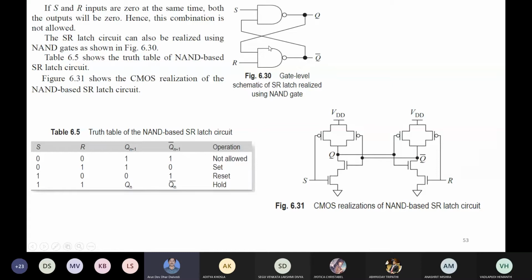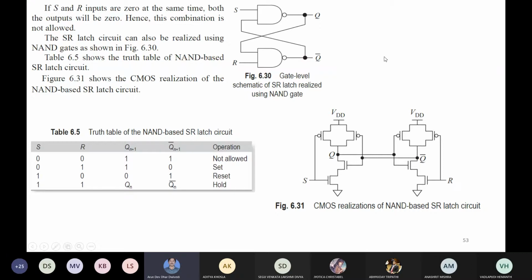The gate level diagram is given here, and for how the NAND gate is designed, we know that for designing a NAND gate we need two NAND gates. So two CMOS based NAND gates are used here. We know that for making a NAND gate, in the pull down network two NMOS transistors are taken in series, and in the pull up network two PMOS transistors are taken in parallel. Similarly for the other NAND gate also, and on this side you are giving set, on the other side you are giving reset